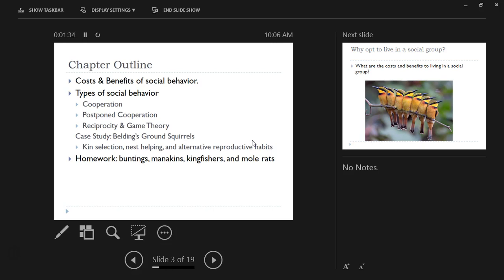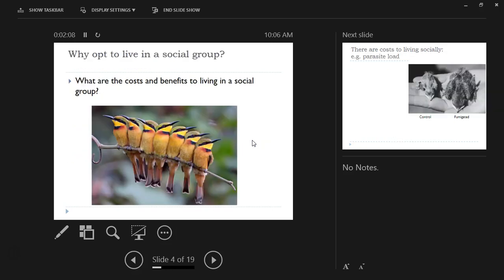and then we're going to run through a couple different varieties of social behavior: cooperation or mutual benefit behaviors, postponed cooperation, which is kind of the same thing, but a little bit different, and reciprocity, which is also kind of the same thing, but also a little bit different. And we'll try to use these principles to understand why you have certain interactions between animals. And then we're going to put all these things together along with the last chapter in a case study on Belding's ground squirrels, which are a lot like prairie dogs, that we'll talk out and work through. So that's our plan.